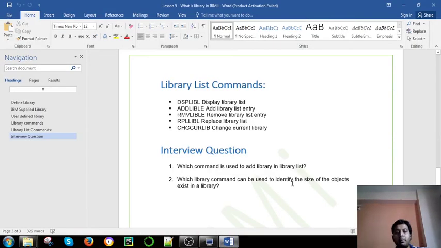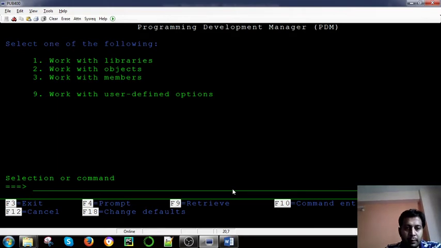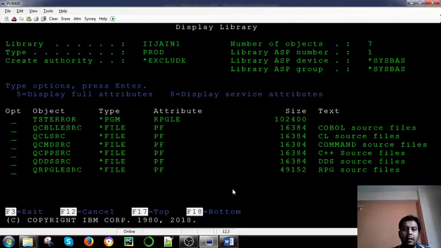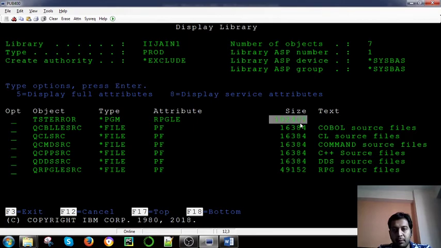So add library list entry is a command. Next, which library command can be used to identify the size of the objects existing in a library? For example, display library is the command. I use ING1, right? This is the library, and you can see here what the size is. My program size is this. Now you see, by default these were created.